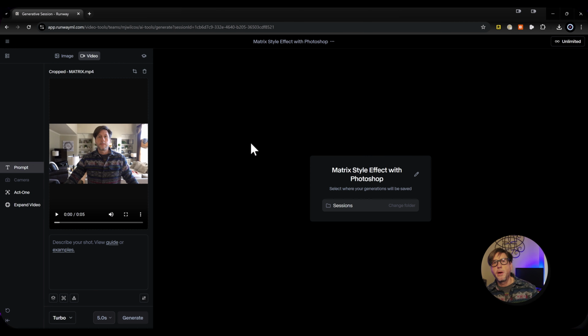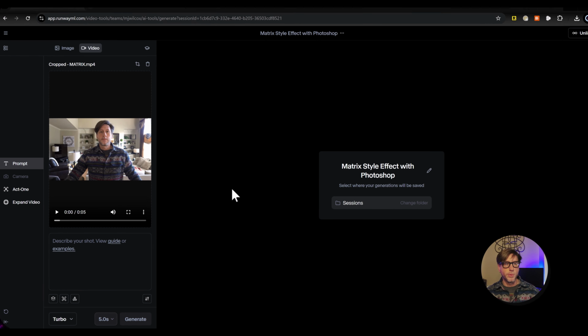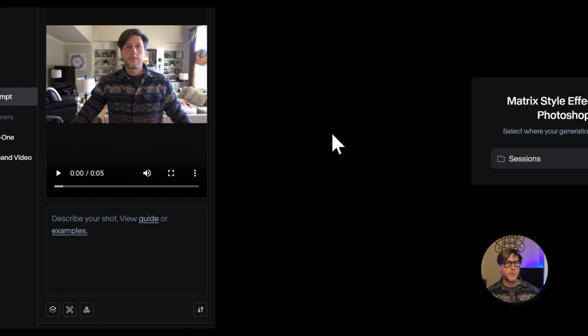Okay, so now I've got my image in here. It's actually the video in here. And now I need to basically say that I want to use this Restyle first frame feature. So where's that located? It's this little icon down here, and it's the one in between the two other ones. So it's the meat of the sandwich. And if you hover over that, it says styled first frame. But if you choose that, you click on that,